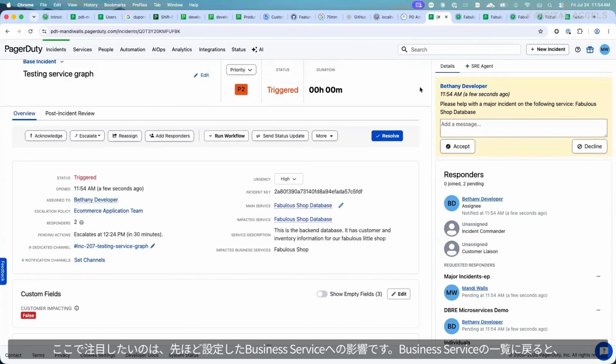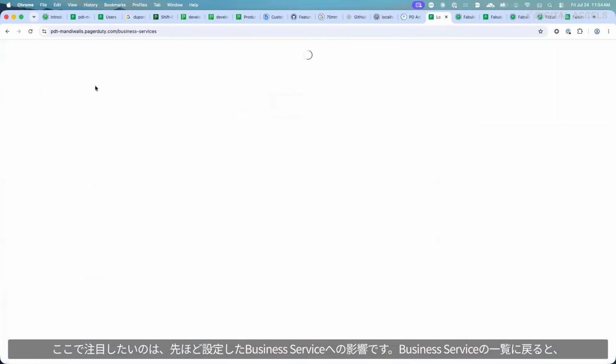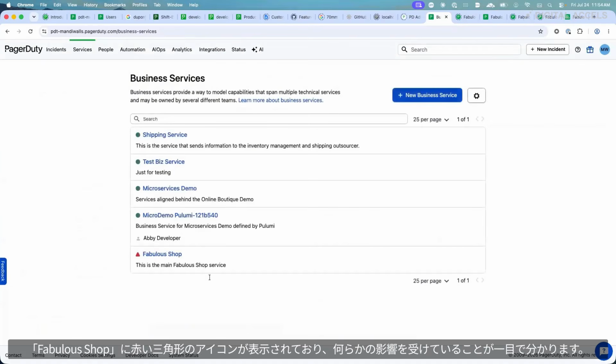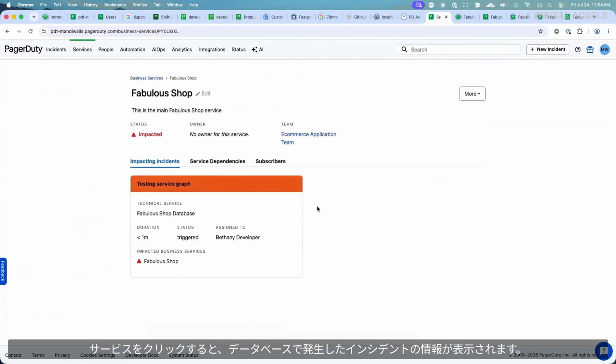Now, what we want to see though is what this looks like for the business services that we just set up. So I'm going to go back to business services. And we see on the list that Fabulous Shop is impacted by something. It has a little red triangle beside it. I'm going to click on it, and a card pops up for the incident that was triggered on the